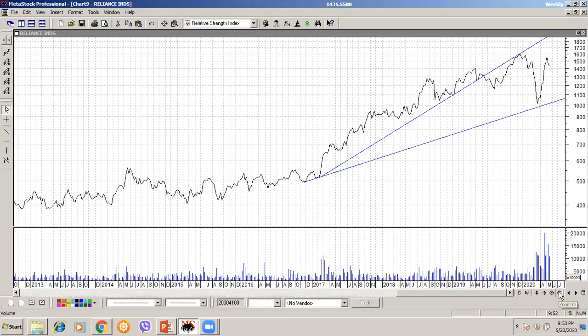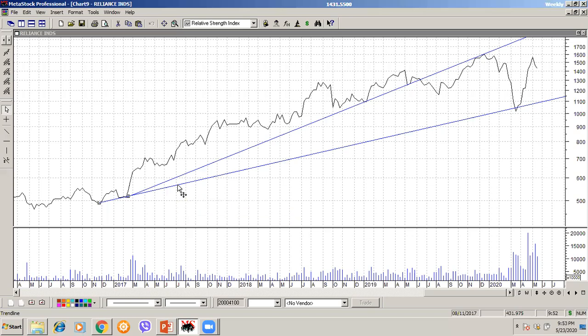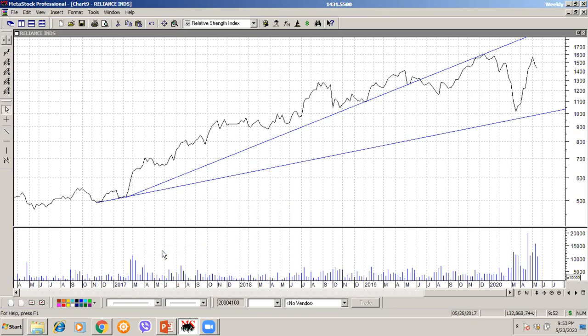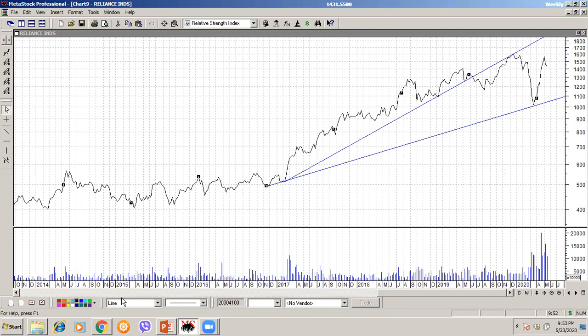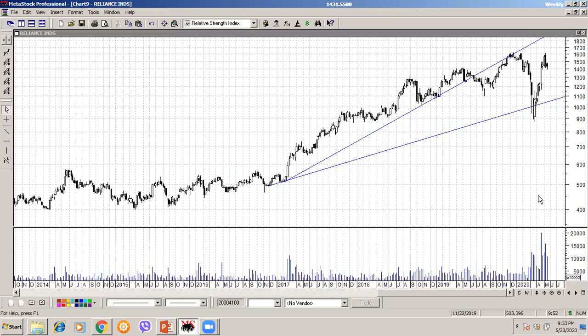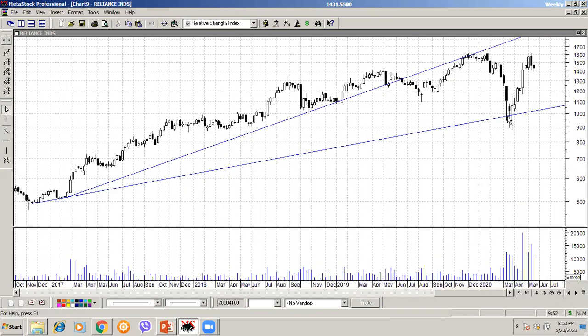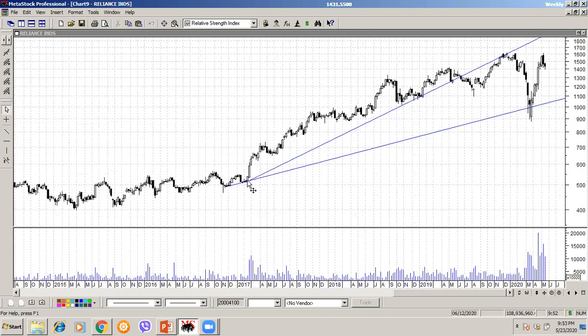Sorry, just let me increase it a bit. Draw the chart exactly. Now see this. See? So when Reliance fell, this point was acting as a support. As I said, if you forgot this line in 2017, you would have never understood in 2020 why Reliance was bouncing from here. In fact, it was a very long-term support.